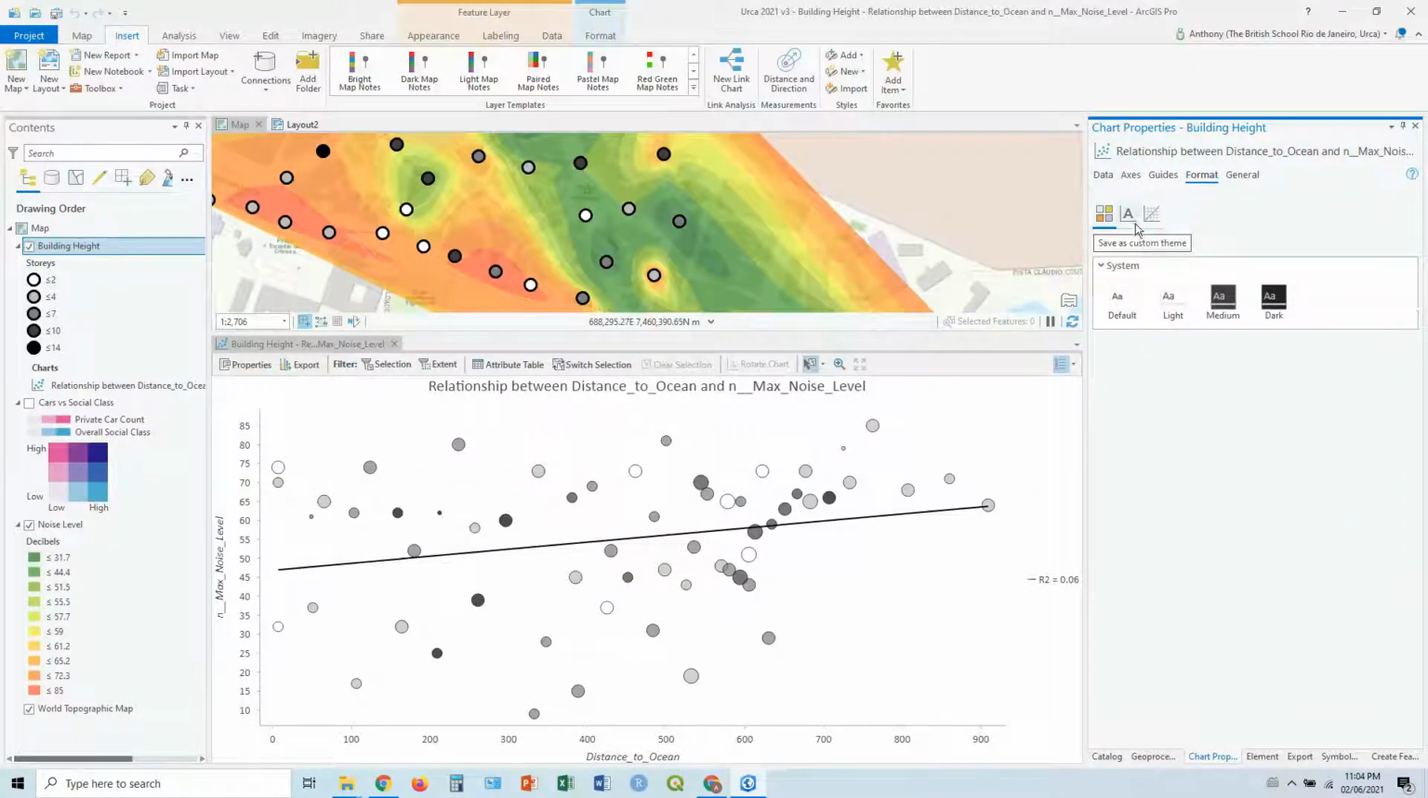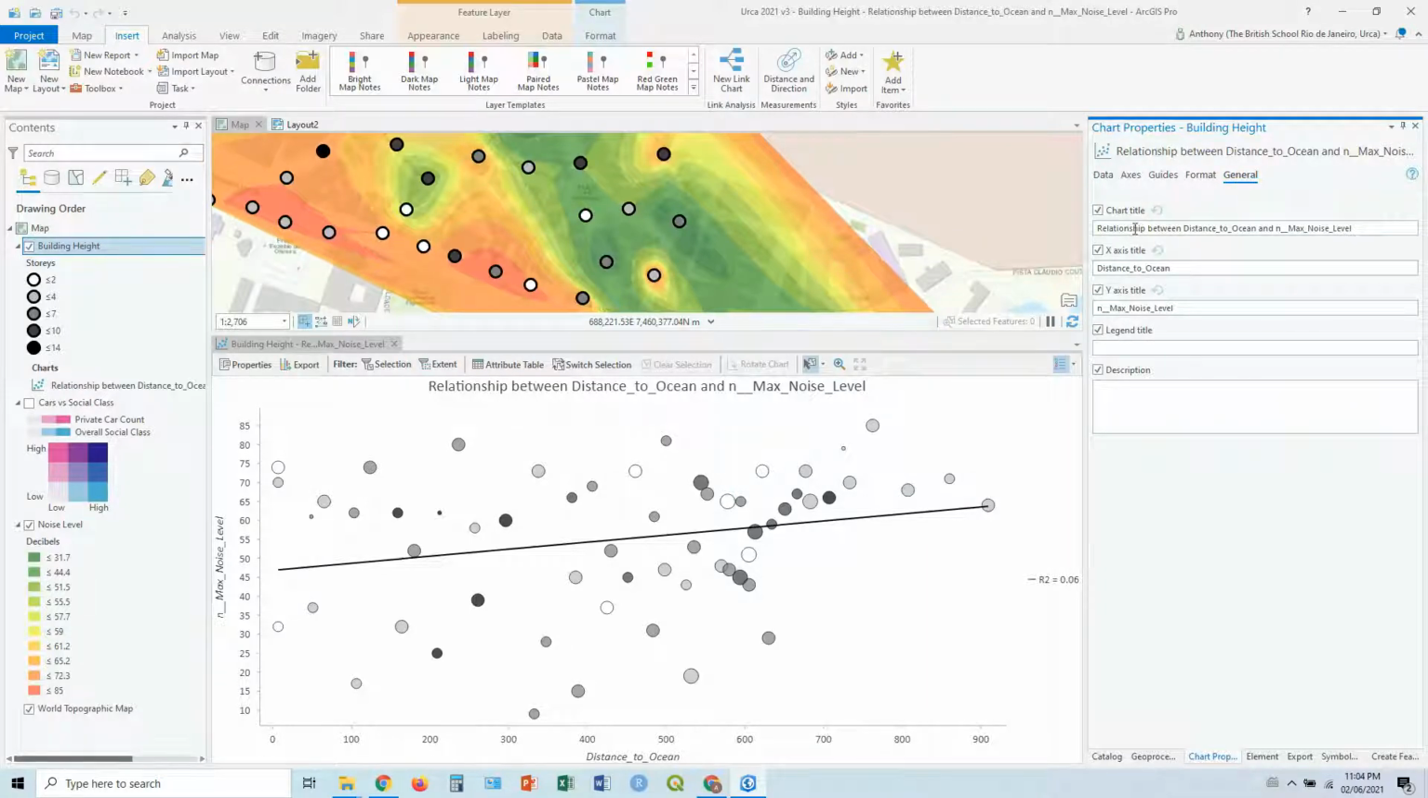Format, you've got some of the themes you can add to it, some of the background colors, etc. But the most important one at the moment is probably general. So you've got a chart title, and we can just say, let's take out the underscores, distance to ocean, say meters, m,